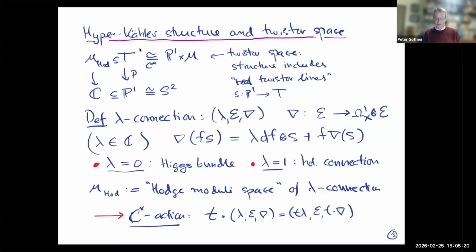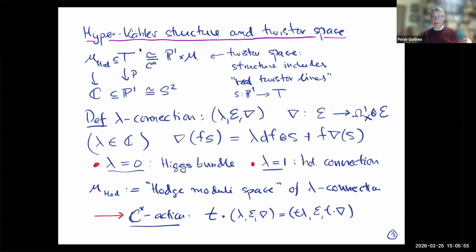And then Deligne and Simpson gave a more algebraic interpretation of this twistor space construction through lambda connections. So what is a lambda connection? It's a holomorphic connection again. Well, it's not quite a connection because it's a lambda connection, but it lives on a holomorphic vector bundle E. It is an operator that looks like a connection, so it takes the sheaf of holomorphic sections of E to holomorphic one forms, but you've deformed the Leibniz rule in this way that instead of having just the usual Leibniz rule, you put a lambda out front of the part that has to do with df.